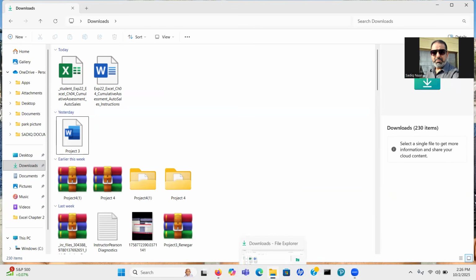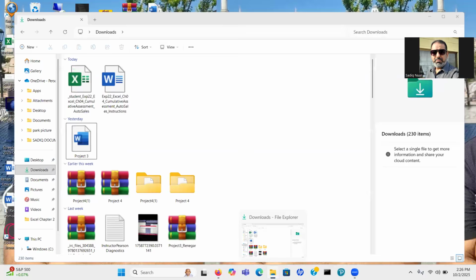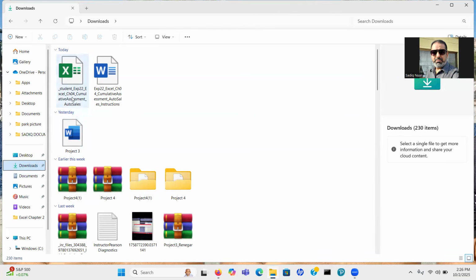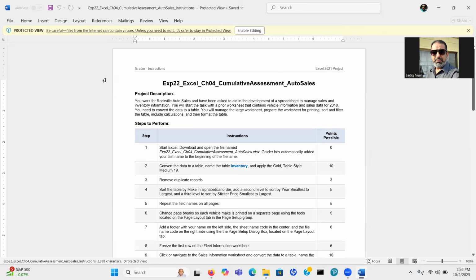Now I will go to the yellow folder, File Explorer on the taskbar of your Windows, just to show you. Click on it, and then go to Downloads, and you're going to see the two files that you downloaded. So first we need to open the Microsoft Word that has the instructions in it. Also I will put these two files under the description of the video, so if any of you wants to follow along with me step by step, you can download them and follow me.